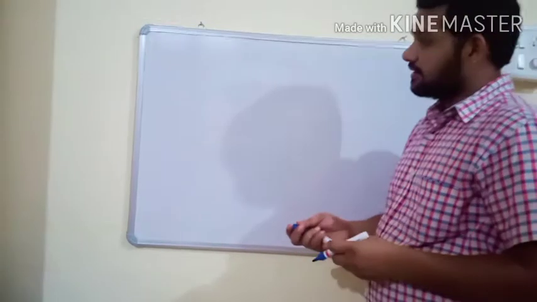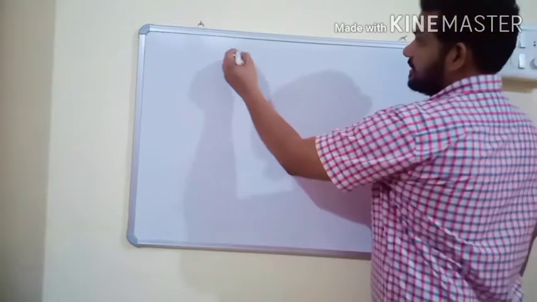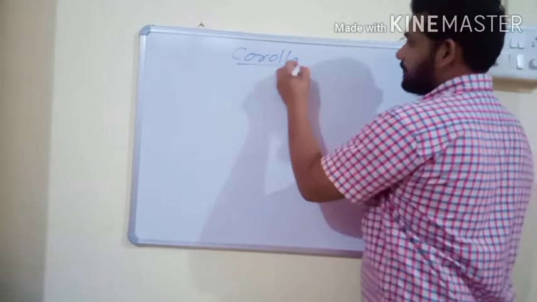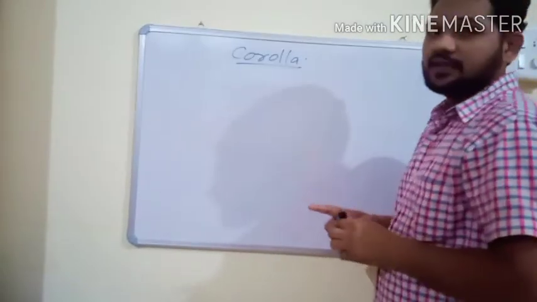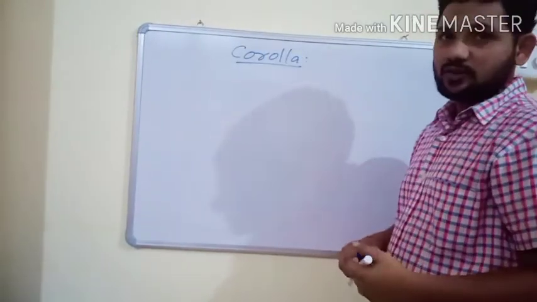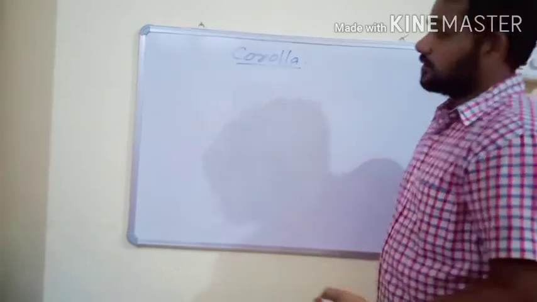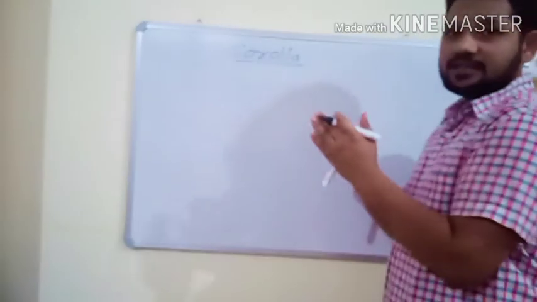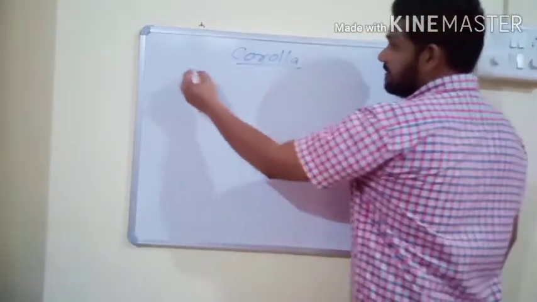Good morning students, in this video we will discuss the second part of the flower, that is called corolla. It is the second non-essential organ of the flower, or the second whorl of the flower, and each corolla is a floral organ, and corolla has individual parts. Each individual part of corolla